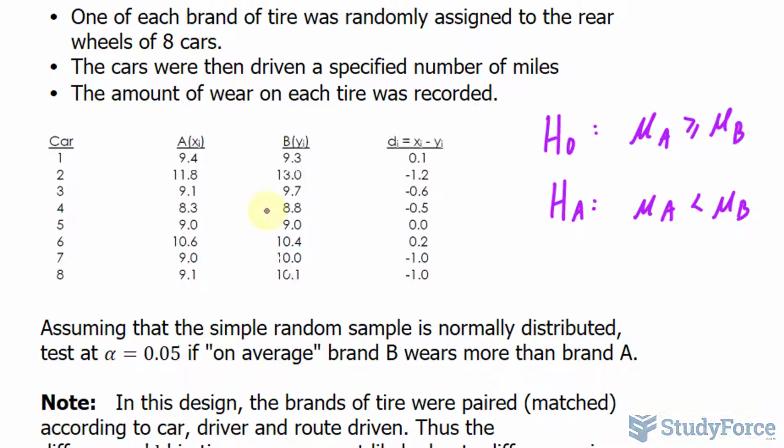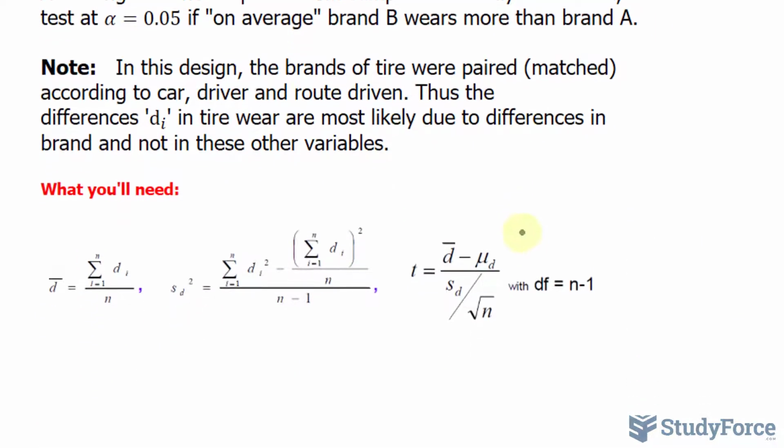And the reason why we're using a t-test is because, for two reasons. The sample is actually quite small. We have 8 cars. And another reason is because we are told that it's normally distributed. A t-test is a parametric test that is able to combine these two features. To calculate this test statistic, we use the formula shown right here. And what we have to do is find out the t-observed value and compare it to the t-critical, which we